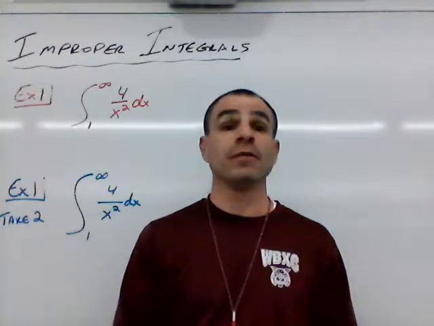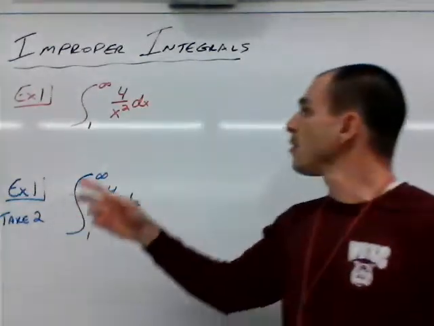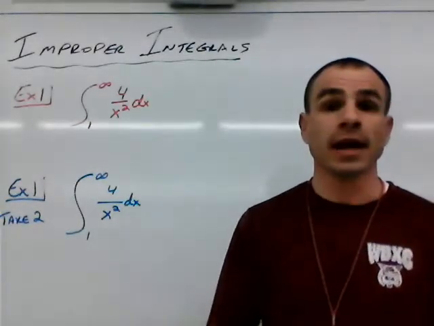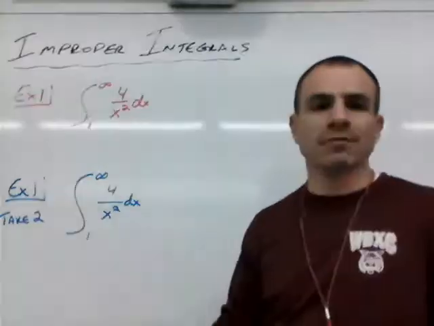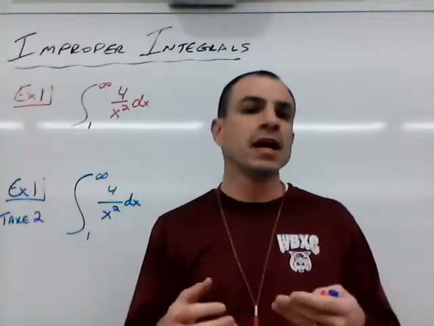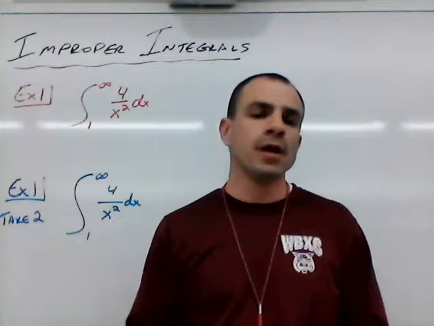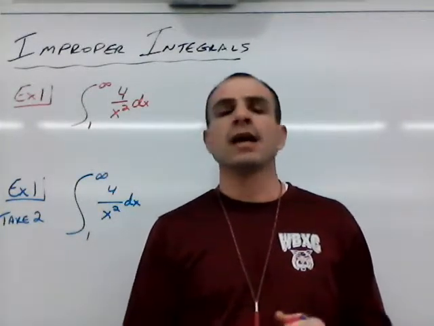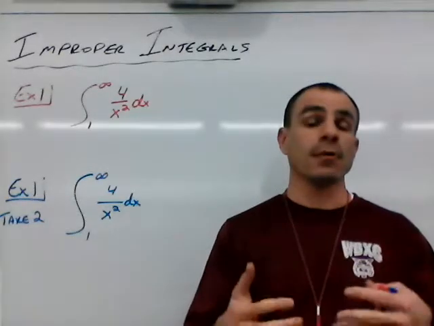For our first example involving improper integrals, you see here that we have the integral from 1 to infinity of 4 over x squared dx. I've got this written in red because I'm going to do this the incorrect way first. It is quite possible that this type of problem will come up in the free response section, and the reason they're placing it there is they want to make sure that you are using proper mathematical